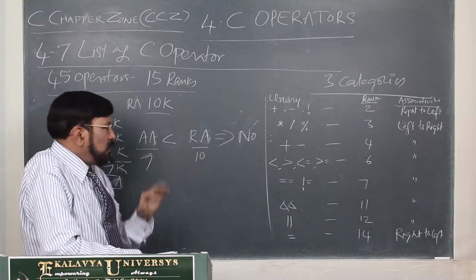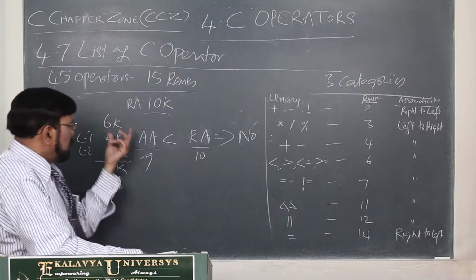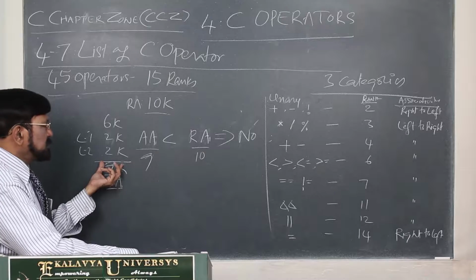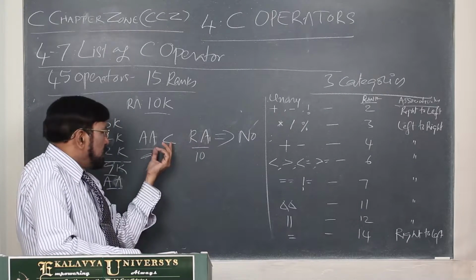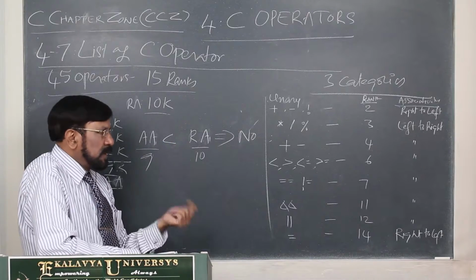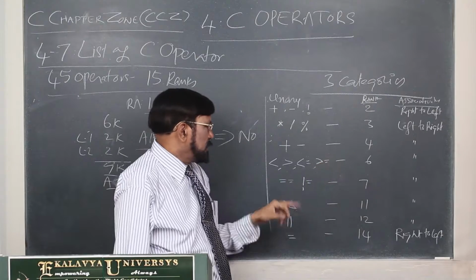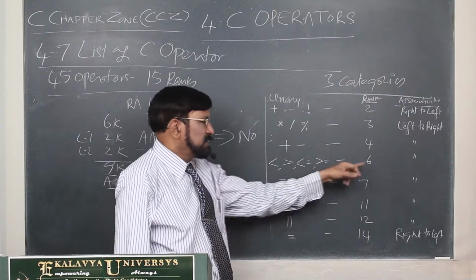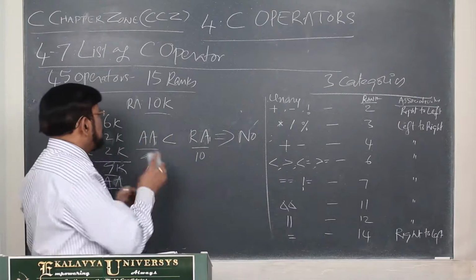Understand? Now let us take in which order you performed operations. First you performed arithmetical operations, thereafter relational operators like greater than or equal to, less than, like that you calculated. Now you come to that, this is binary plus minus 4th rank and relational, this is 6th rank. Understand? So that is one logic.